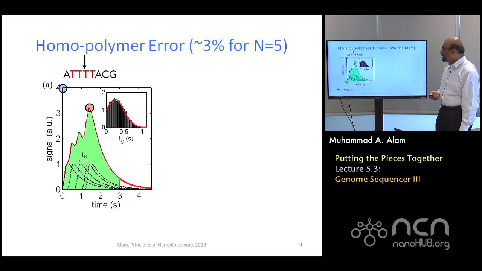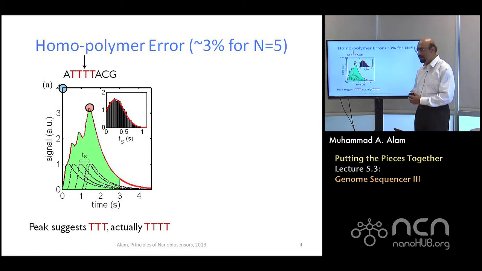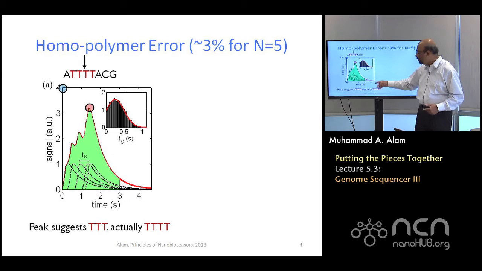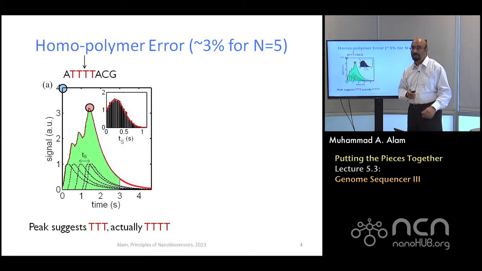And this mistake is called a homopolymer mistake. And you can see the longer the sequence is, by 4, you are reading 3. If you had 5 or 6 or 7, you may read 4 or 3, a smaller number. And therefore, this would be a big mistake because you want to read everything properly without missing any base pair.